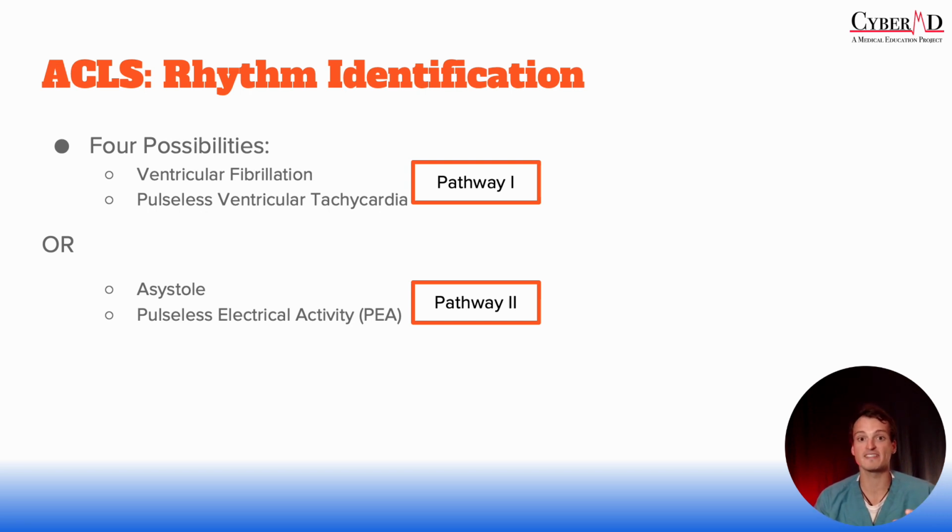Moving on, we have asystole. We all know what this is. This is that flat line on EKG, and that's not going to be a shockable rhythm. Again, asystole is not going to be a shockable rhythm. Do not defibrillate these patients. And it's very important in patients who you can't defibrillate, such as asystole, to really focus on that high-quality CPR